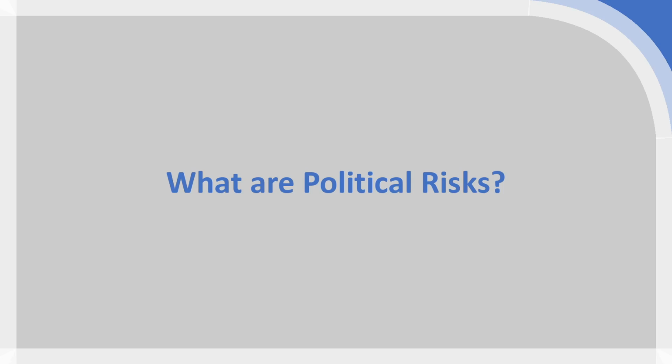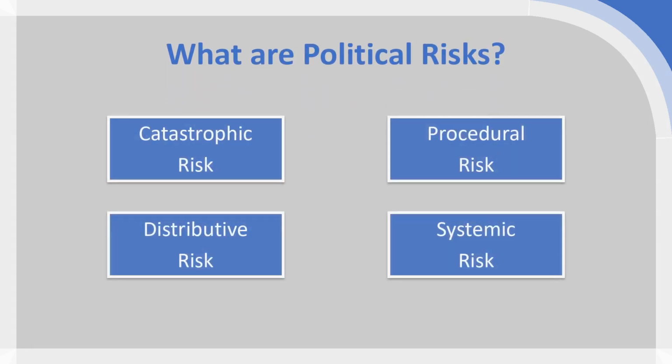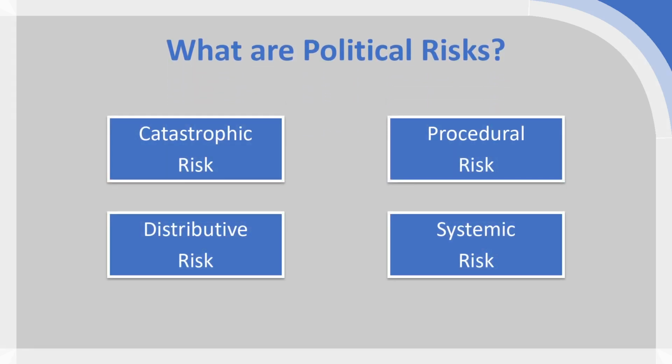So different types of political systems will give birth to different types of political risks, and one of the important aspects of moving into a new market or continuing to operate in a given market or a given country for international businesses is to understand how the political system in that country operates and what the levels of political risk actually are. Now that is fairly abstract, so we're going to make that a little bit more concrete by looking at the four major types or categories of political risk.